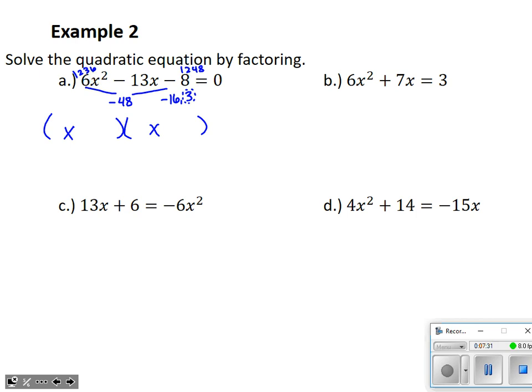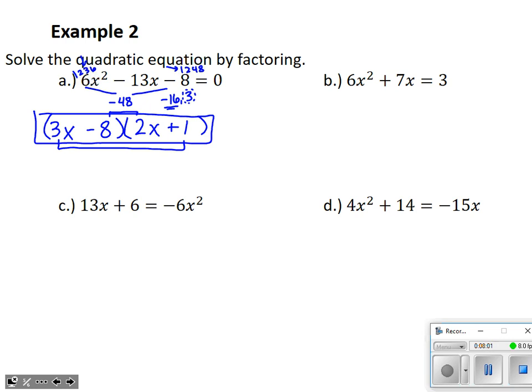We've got a lot of factors that go into that leading 6 and that trailing 8. To make a 3, I'm going to take the 3 and the 1. So that's going to make up my outside 3x and positive 1 to make that positive 3 for a magic number. First times first has to make 6x squared, so that must be a 2x. Last times last has to make negative 8, so that must be minus 8. Let's check our inside. Sure enough, negative 8 and 2 make a negative 16. We've got that thing factored.